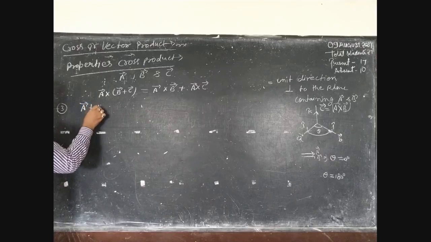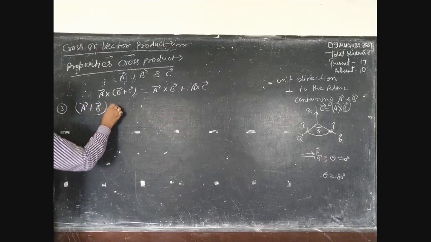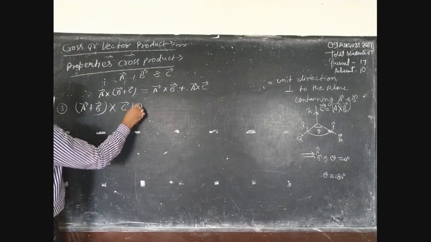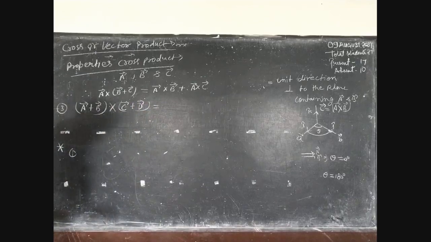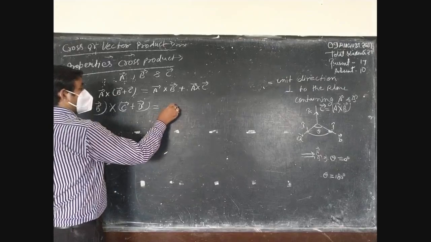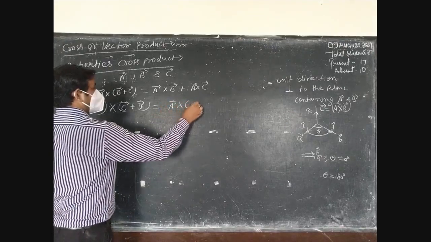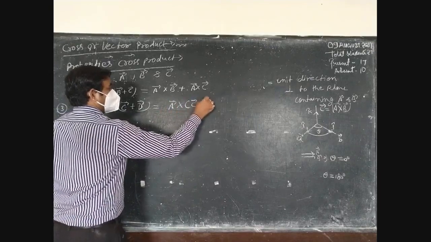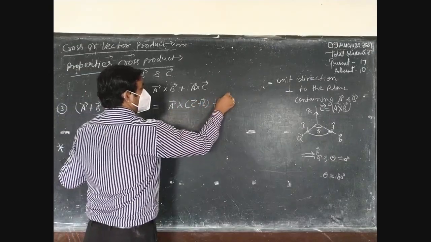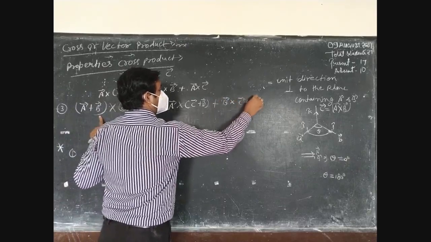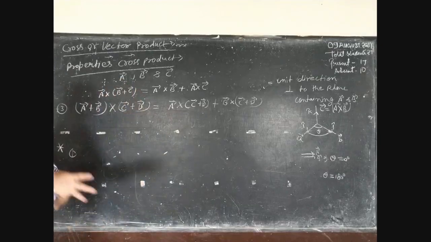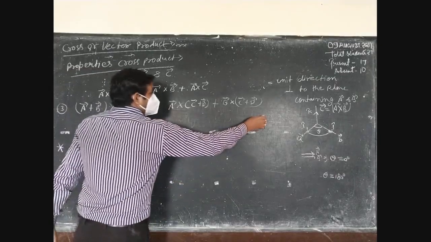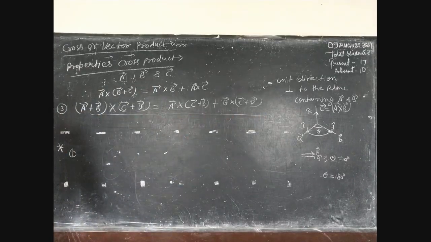Vector A plus vector B, cross vector C plus vector D, you can write this as vector A cross (vector C plus D) plus vector B cross (vector C plus D), and then you apply the commutator here, you will get the same. So the cross product of vectors is associative. Okay, next, see,